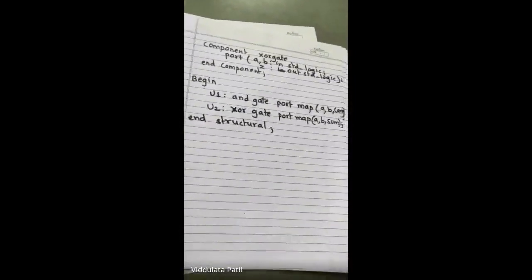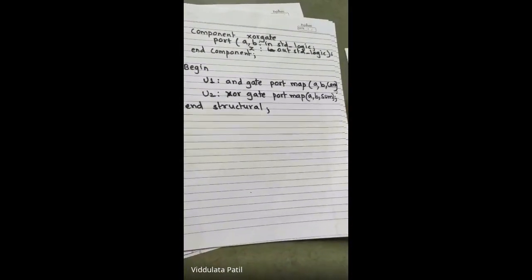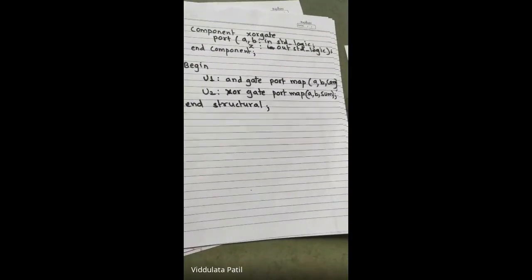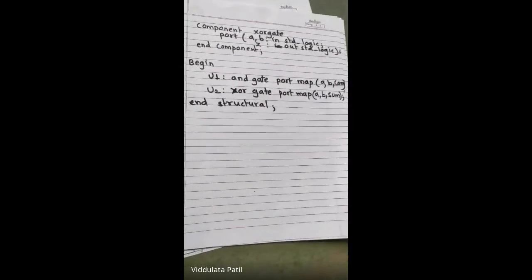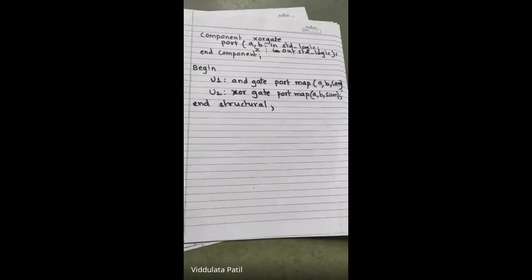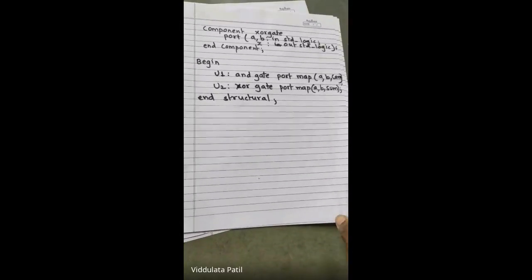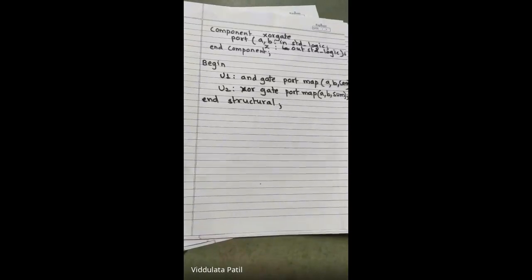ओके, इथे आपण काय केलं, ऑलरेडी आपल्याकडे अँड गेट आणि एक्सऑर गेट आपण डिफाईन करून घेतलं आणि ते ऍज अ कंपोनंट म्हणून आपण काय केलं, आर्किटेक्चर मध्ये हाफ ऍडरच्या आर्किटेक्चर मध्ये असाइन करून घेतलं. आता ज्या ज्या वेळेस आपल्याला एक्सऑर गेट किंवा अँड गेट यूज करायचं असेल तर आपल्याला परत परत त्याच्यासाठी प्रोग्राम लिहायची गरज नाहीये, आपण ते फक्त पोर्ट मॅप करून यूज करू शकतो. सो दिस इज द स्ट्रक्चरल मॉडेलिंग ऑफ हाफ ऍडर. ओके, लक्षात आलं?